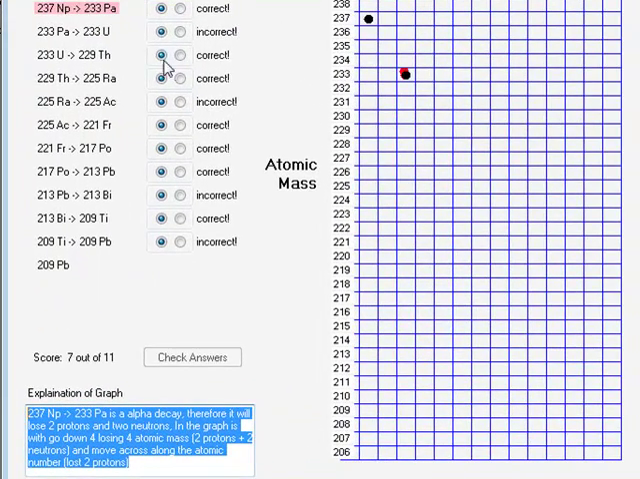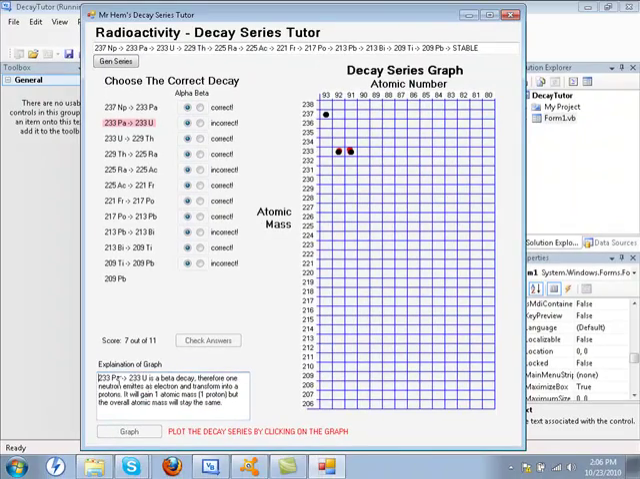So the next one is a beta decay, so I click here and it goes, oh, you're correct, it is a beta decay, therefore it emits a neutron, electron, and gains a proton, and then because it gains a proton, its atomic number goes up by 1, so that's why it moves that way. So this is pretty much